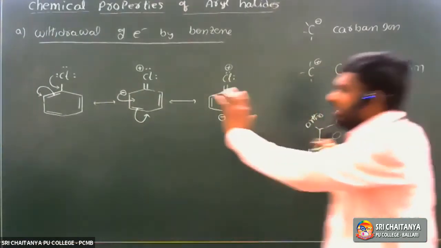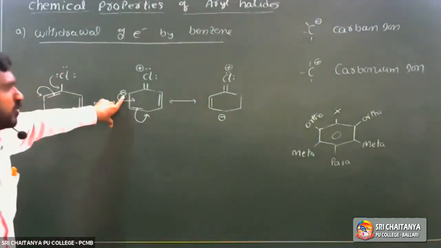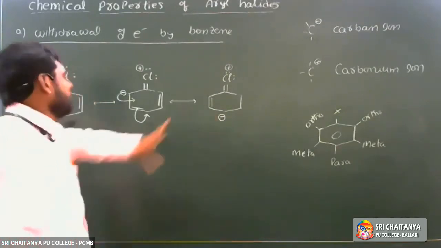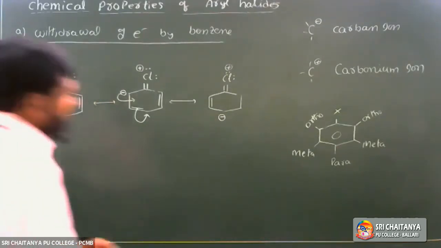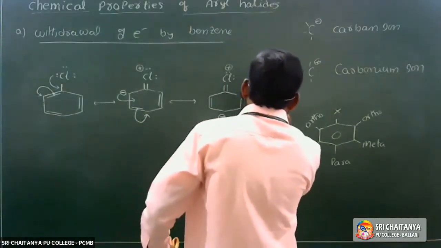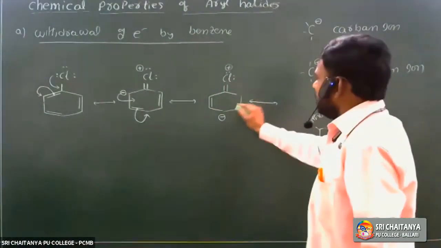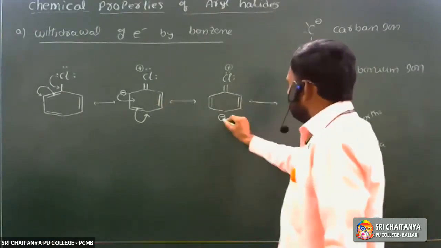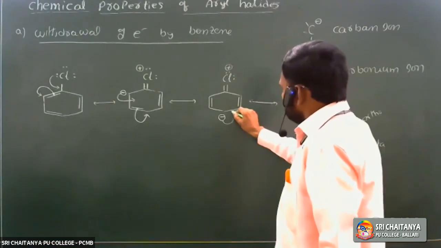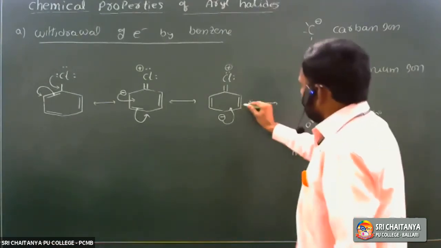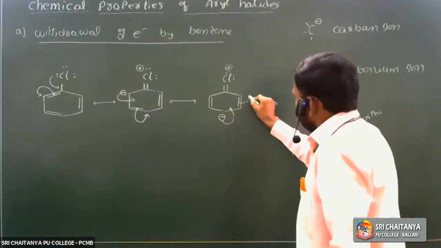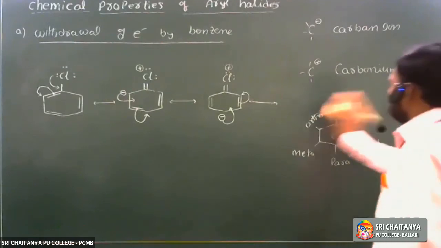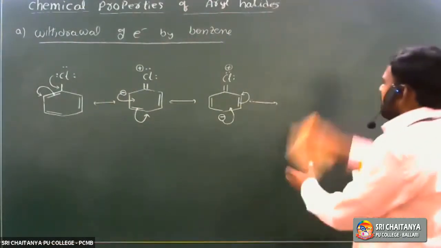Okay. So here negative charge is concentrated on the ortho position. In this form, negative charge is concentrated on the para position. The next structure. So it is the negative charge. Next, the second structure has a pi bond. At this position, it has a pi bond. So this electron density is shifted to this position. Here electron density increases. So these pi electrons are concentrated on this carbon. Okay. So another form is formed.